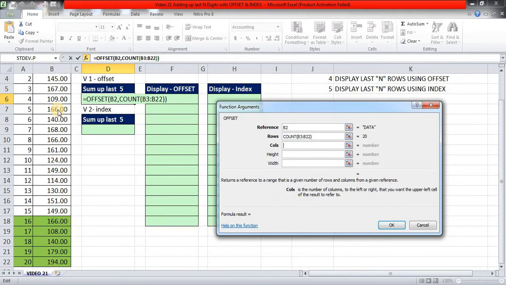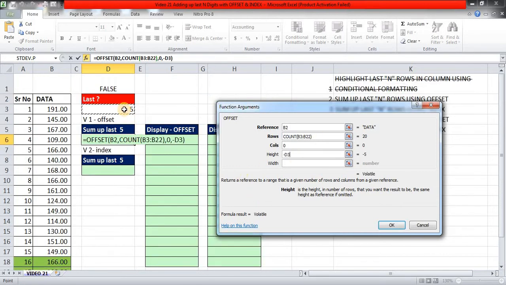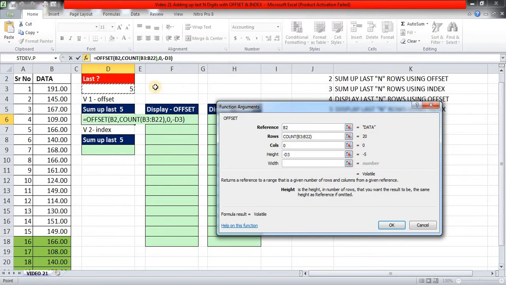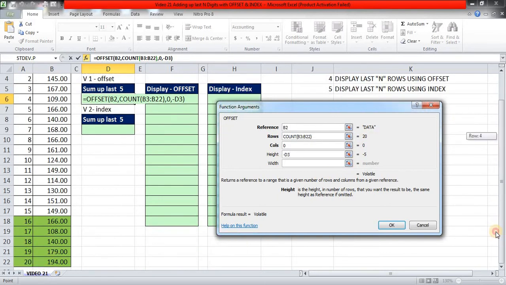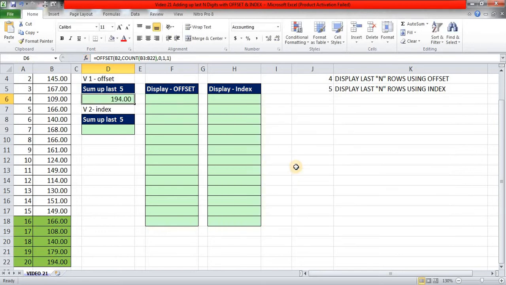Columns, I don't want to move any columns. Height, I will say -5 because this 20 is taking me from this starting position to here. That is position number 20, the B22 cell, and it is selecting this 194 at this point of time. Let me just show you this. If I put here 1 and 1, and press enter, see here it is giving me 194,